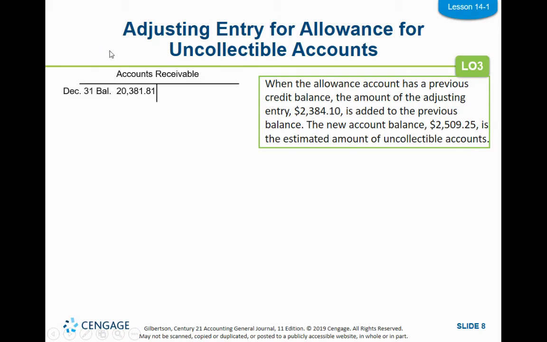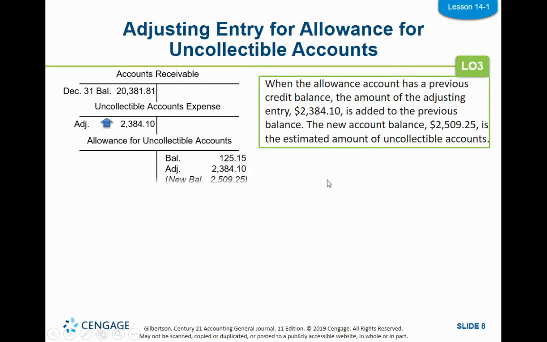So we do an adjusting entry at the end of the fiscal period to put that estimate of what we think is going to be uncollectible into that allowance for uncollectible accounts. So when the allowance account has a previous credit, like I just said, the amount of the adjusting entry is the difference of the two. So we're going to have accounts receivable and uncollectible accounts expense, because that is an expense of the business. So we have